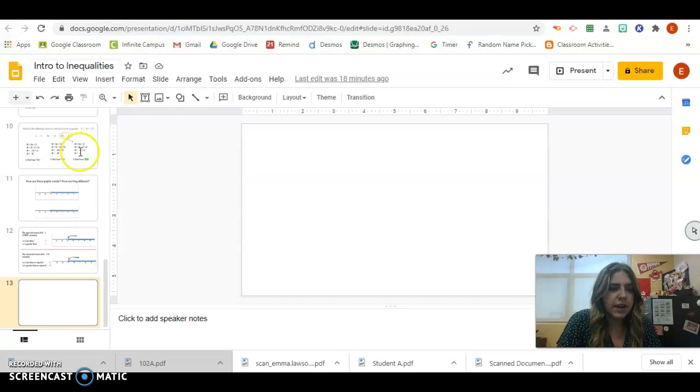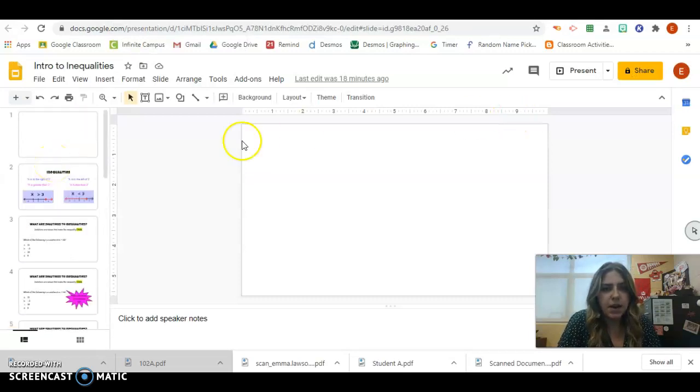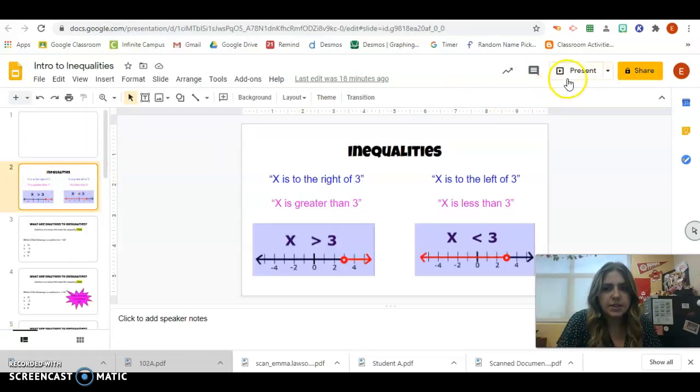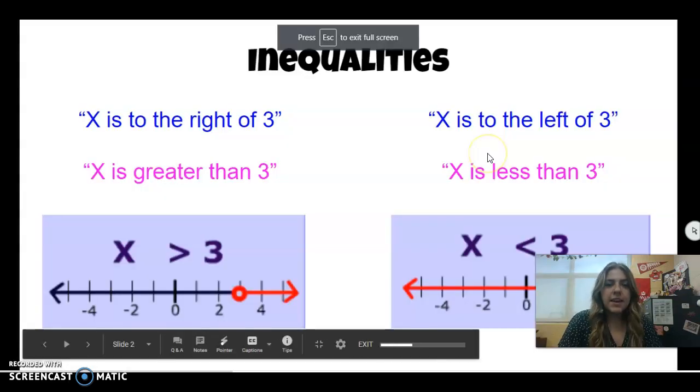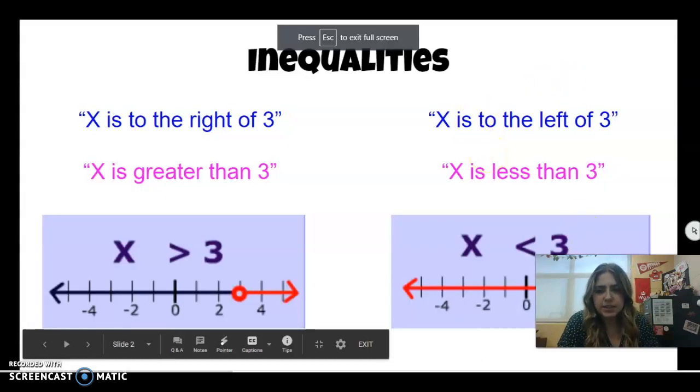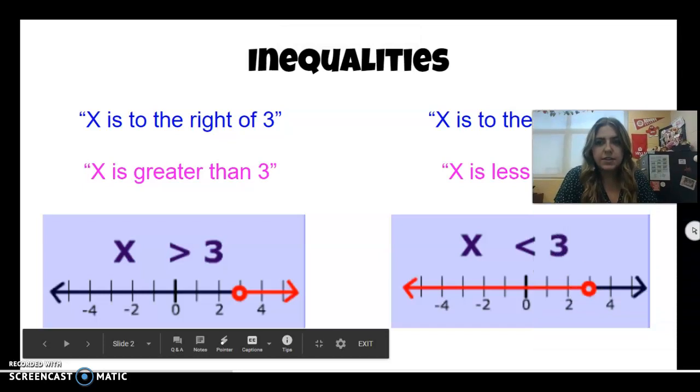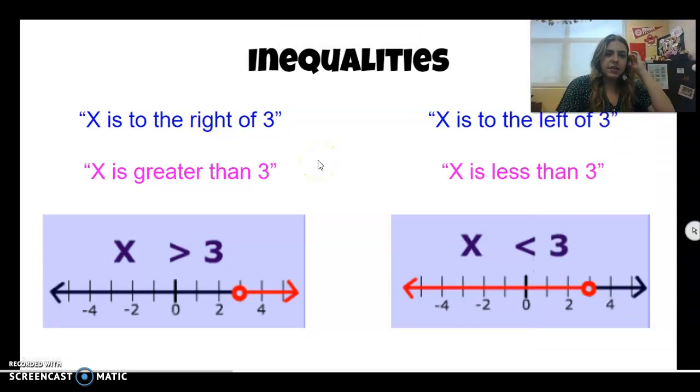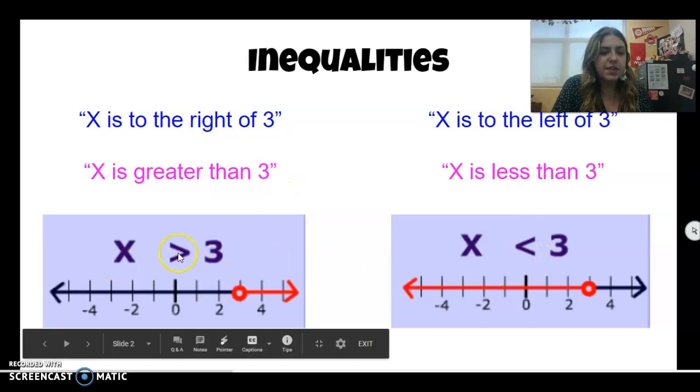Okay, so now we're going to start talking about inequalities. And with inequalities, there's a few different things. So first off, an inequality is very similar to an equation, except instead of an equal sign, you have an inequality sign, which are these arrow-looking things, okay? So in this example,